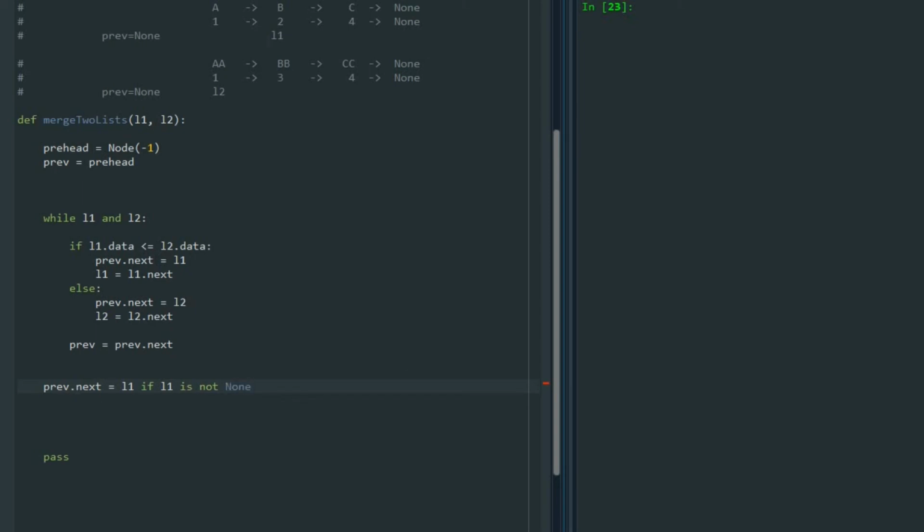Because for example, L1 came here, is not none, but L2 is already none. So I'm just going to say okay, just attach this to the end of that. Else L2. Okay, so we have these things, and the only thing is that we just need to return the value,